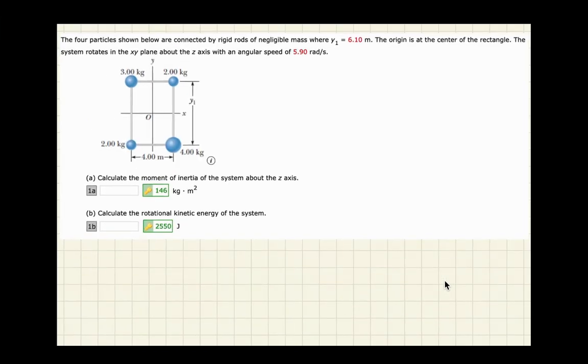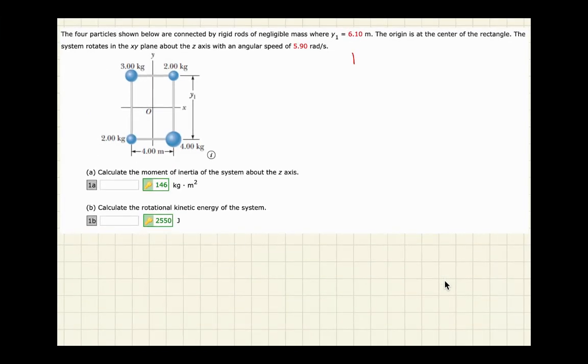Okay, remember that rotational kinetic energy, or K sub R, is the angular analog to the kinetic energy that we talked about before. From now on, I'll be referring to that as translational kinetic energy. Translational kinetic energy is 1/2 mv squared. Rotational kinetic energy is the rotational analog, so that would be 1/2 I omega squared. In order to solve for rotational kinetic energy, you need to know both the rotational inertia, I, and the